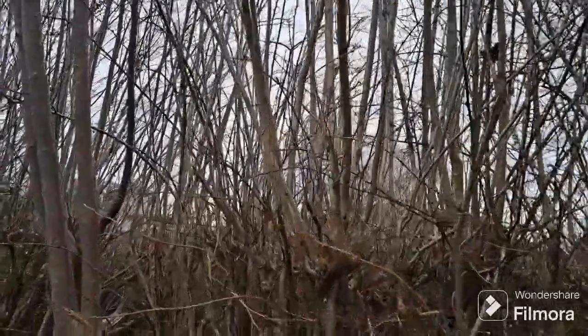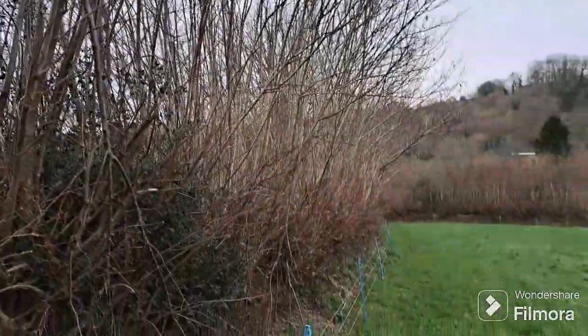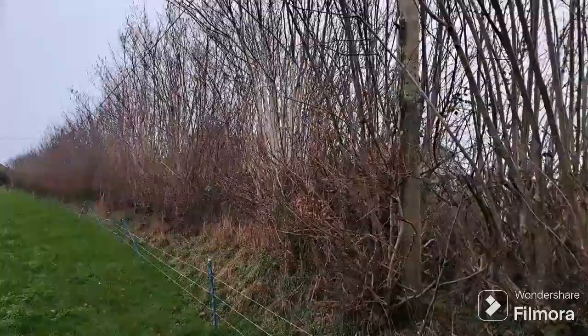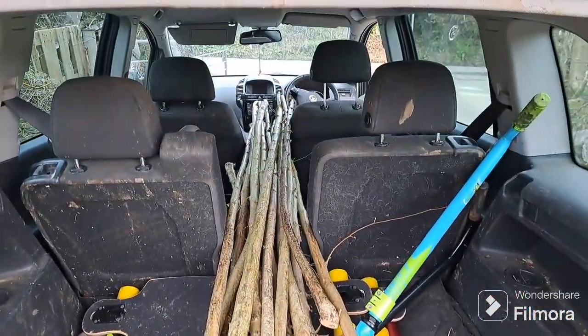And you can see there's plenty for me to choose from. It's just about making sure I get the right gauge. I've got quite a lot of heavy sticks in the rack at the moment, so I might try and get some of the lighter ones to make lighter gauged hiking sticks. But I pretty much finished up about here where that post is, so I still have a long way to go to exploit the whole of this hedge. So I've got about 20 pieces there, but